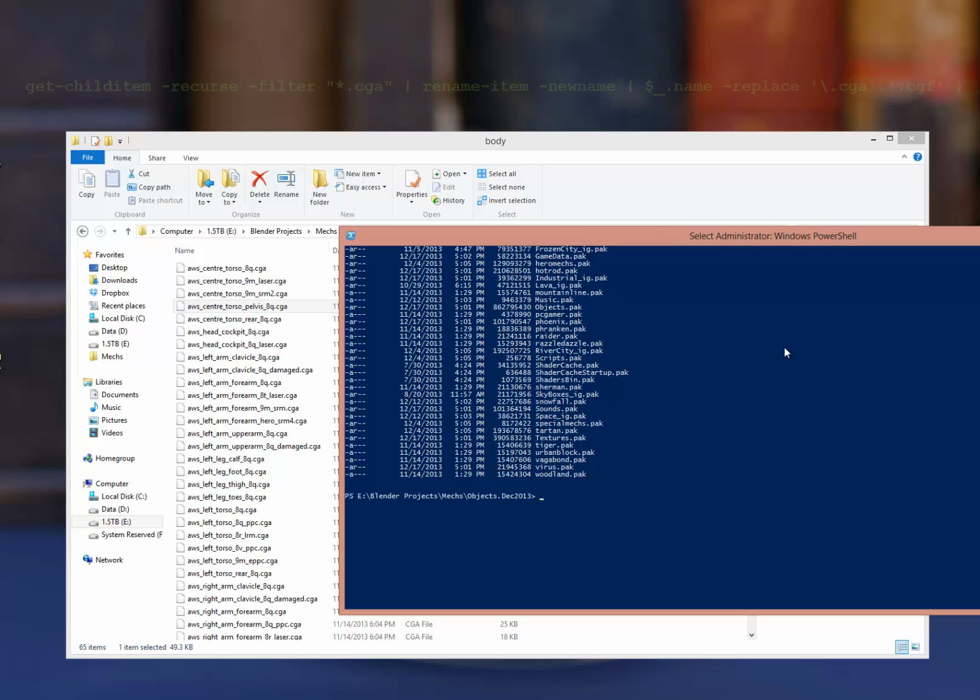The PowerShell command to do this is Get-ChildItem, and I'm going to link this. There's a workflow, and I'll link it in the video so that you can take a look at it. And then you can just copy and paste this. -Recurse to do all files underneath. -Filter *.cga, pipe that to Rename-Item. Oops. -NewName. Reference $_.Name. And -replace